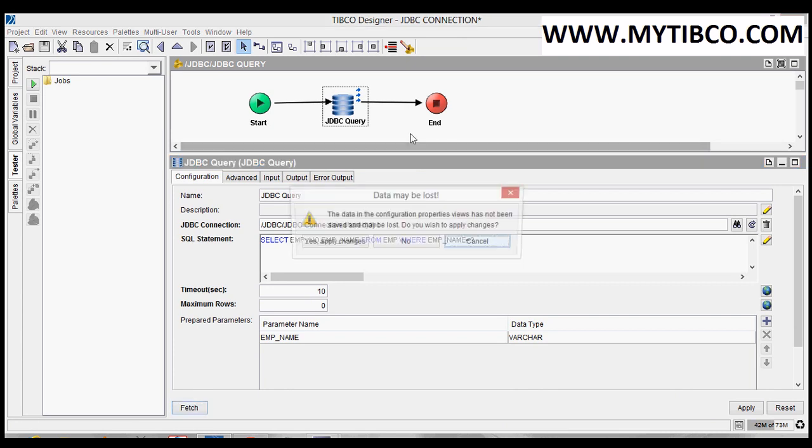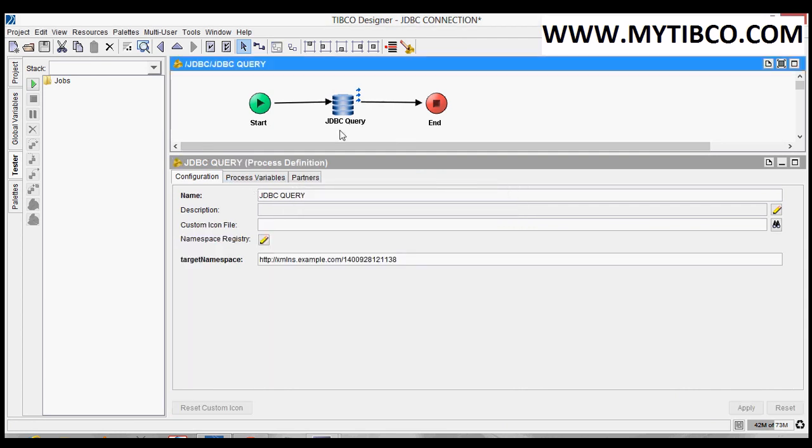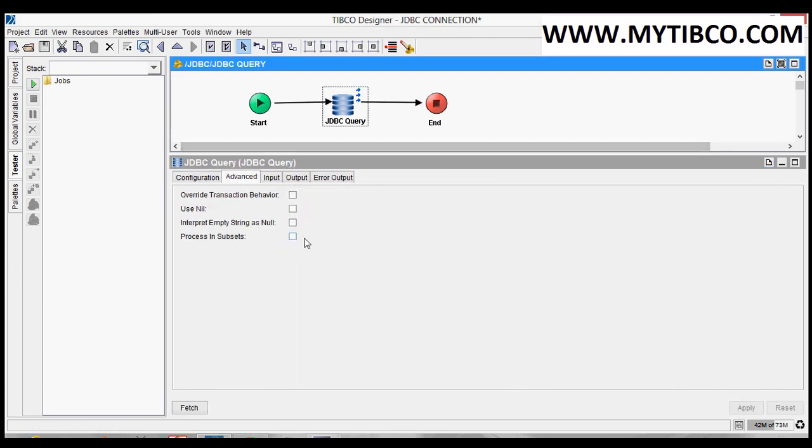In that situation, we can use this advanced processing subsets option so that we can give a subset value.